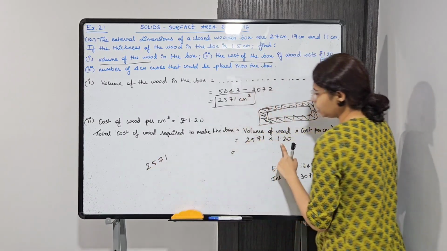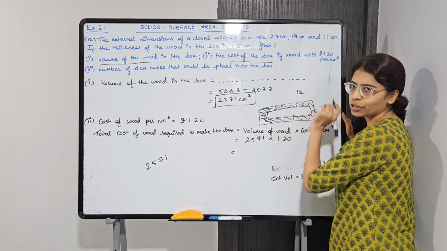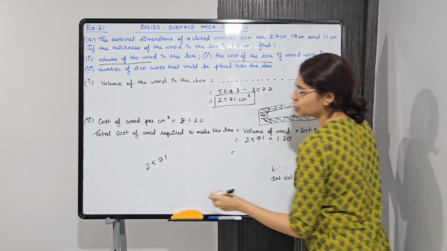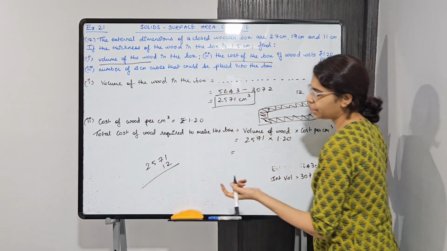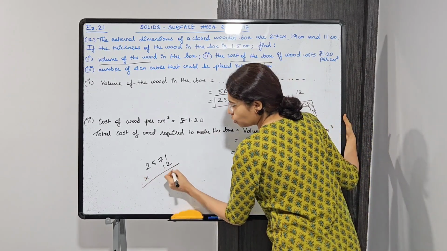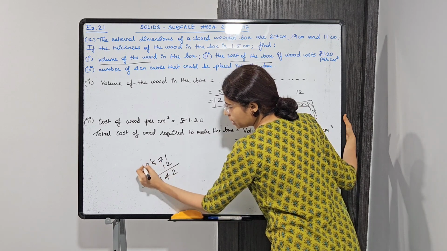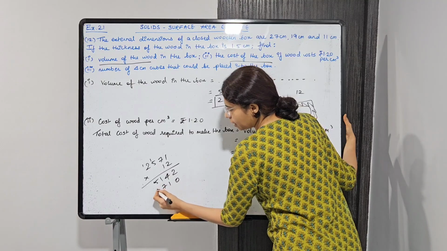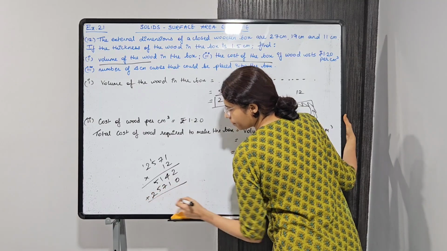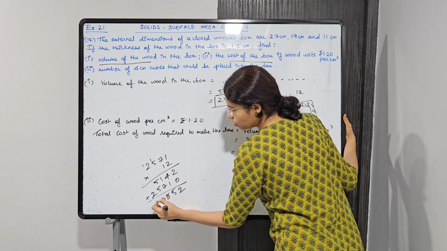2571 into 1.20 है. Okay, so let's consider 12 only for now. ठीक है, 0 को भी अभी भूल जाओ. So 12 से multiply करते हैं. If you want, you can multiply by 120. So 2 ones are 2, 2 sevens are 14, 2 fives are 10 plus 1 11 and 5, right? And 1752. So 25803.